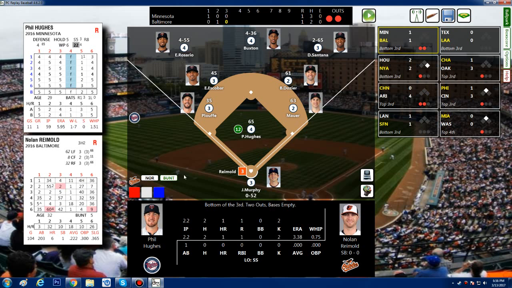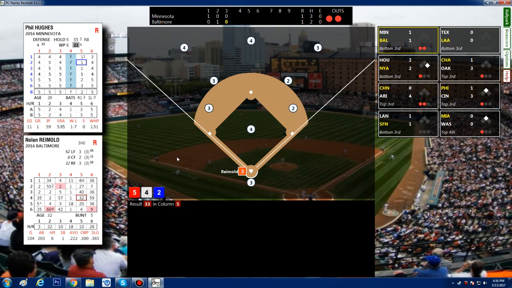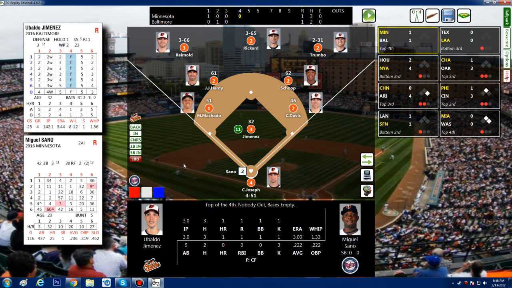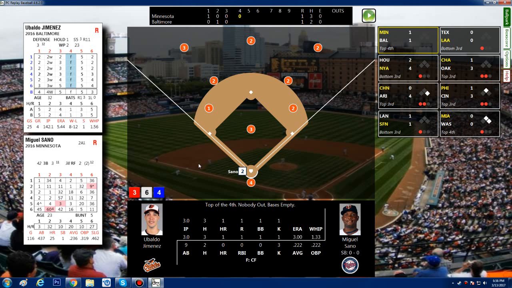Nolan Reinbold, who's hitless so far. Strike him out. So after 3 innings, 1-1 is the score. They go down quietly, nothing doing this half inning. Top of the fourth. All right, Jimenez kind of settling down. We've given up a few hits there, one was a home run, but